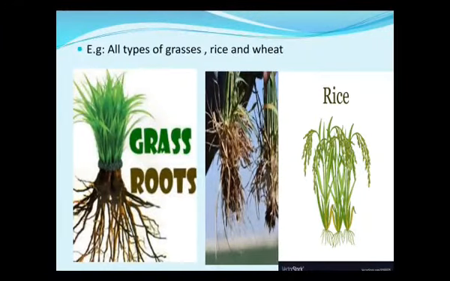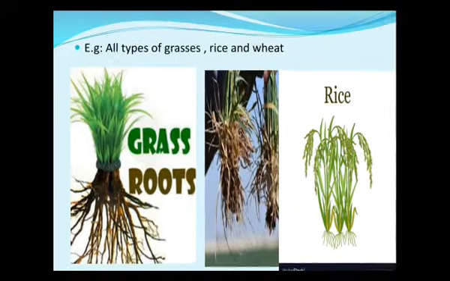Here the examples are all types of grasses. In this season you can see in your garden, in your pots, even some grasses grow by themselves. So you can dig it out and identify the roots yourself. Rice, the paddy plant, its roots are also fibrous roots.